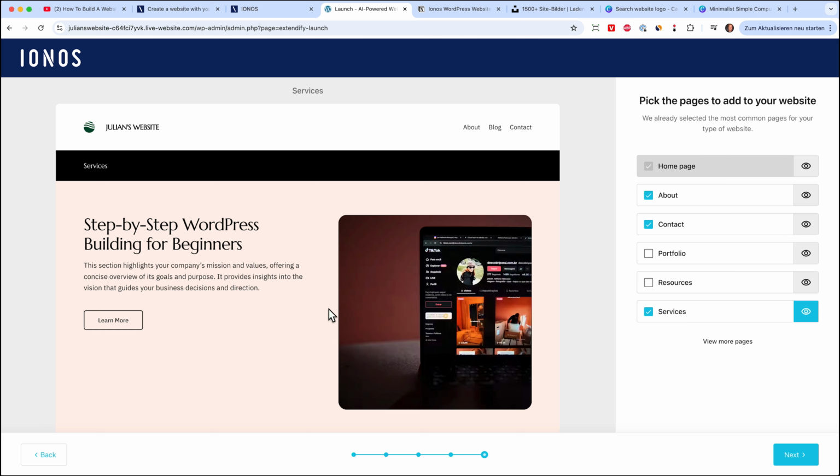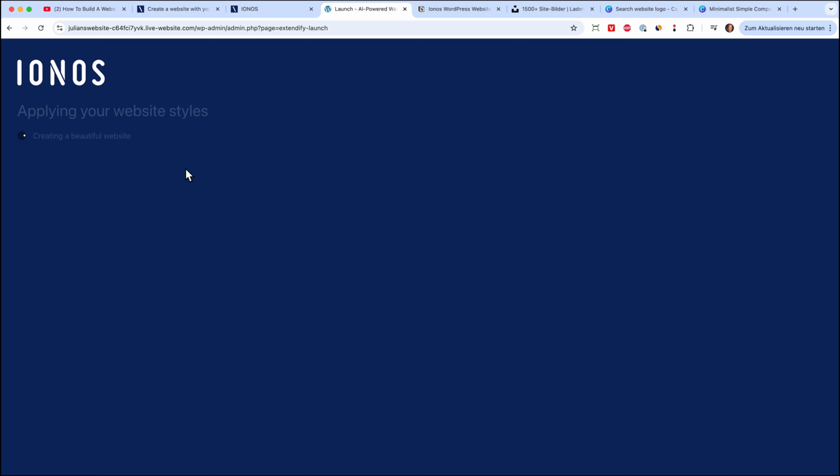So this would be a service page where I, for example, as an agency, offer to build your website for you, which I don't at the moment. So I can just deselect it and I will just go with the About page, the contact page, and the homepage, of course. Then I can click Next and IONOS will start setting up the website for us